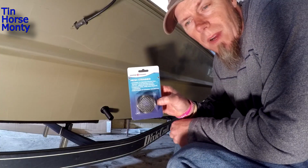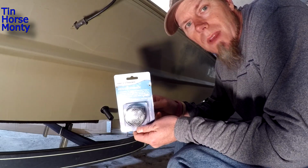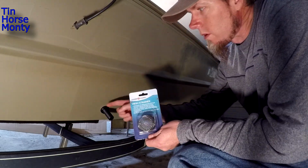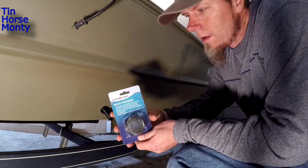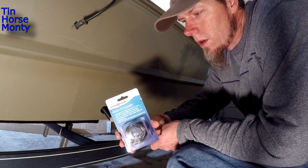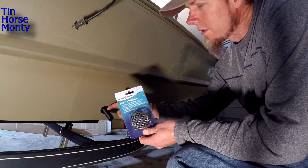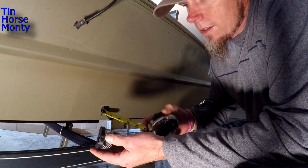Okay, I just got back from Academy. Ran and bought this mesh strainer so I can keep any kind of particles from getting sucked into that pump. I wasn't going to do it, but it's a really good idea. So we're going to measure this off and see where I need to cut this fitting off and screw this on there. All right, it looks like this strainer